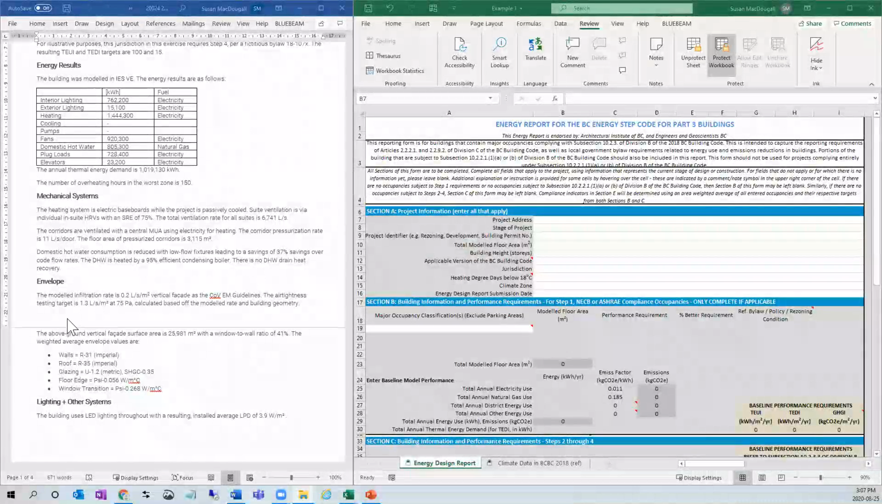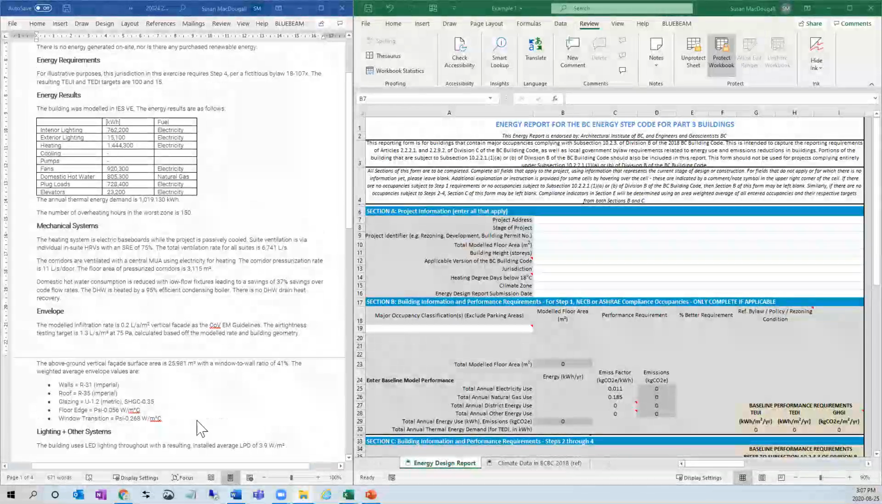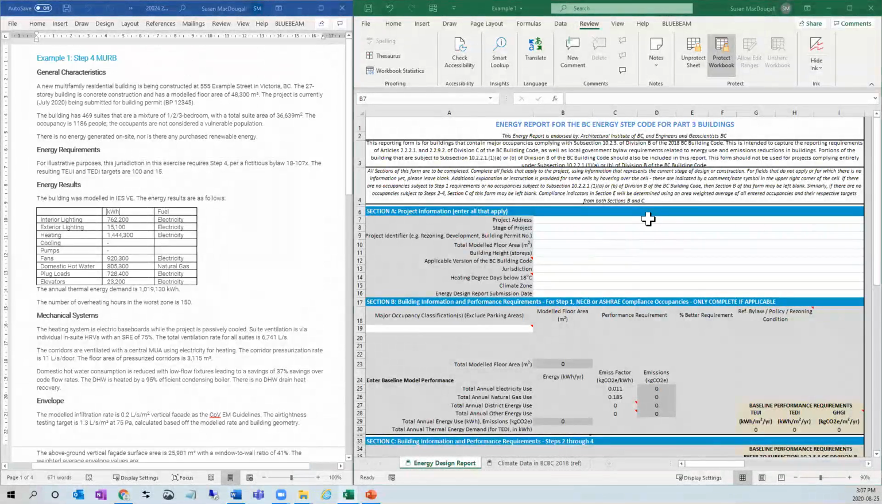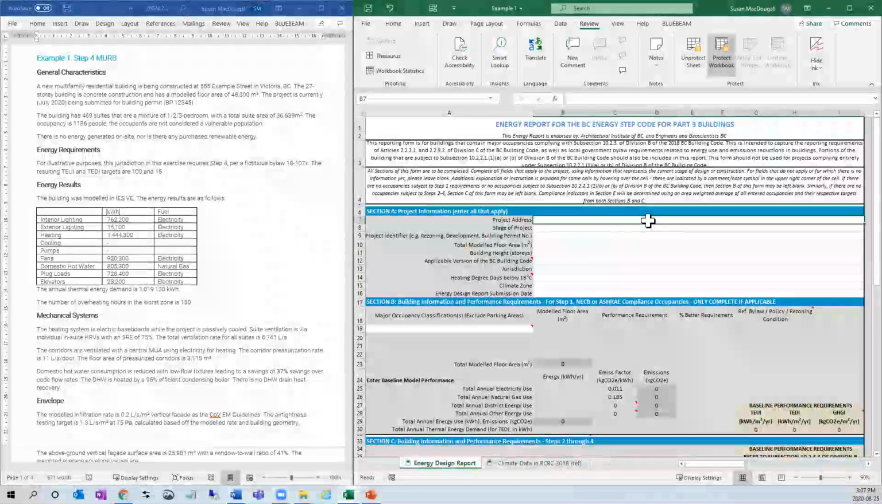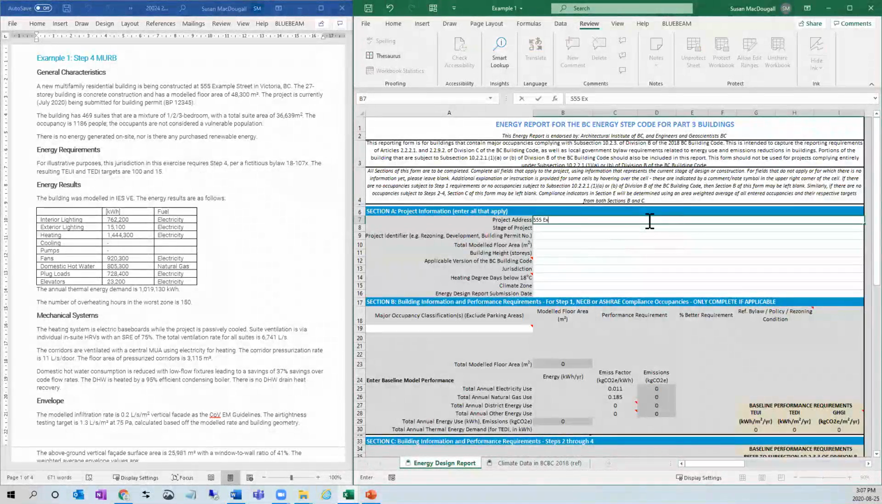We're then given some envelope characteristics, and that will go into our section F near the bottom of the worksheet, along with lighting and other system characteristics. So starting out at the top here, we'll begin by entering the project address, 555 Example Street,